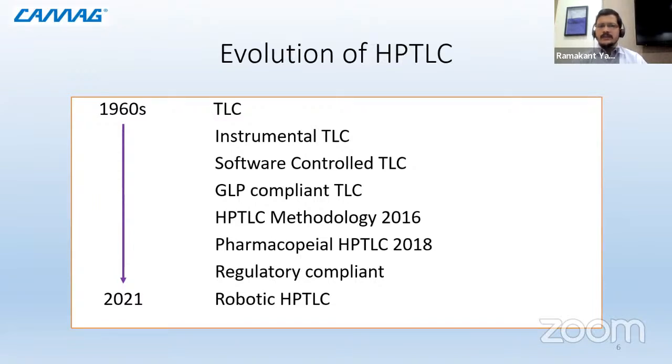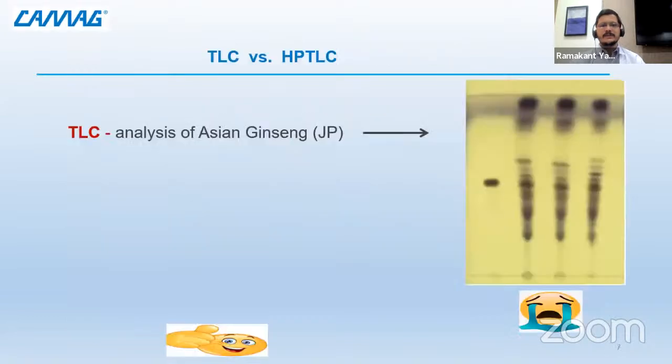The future of HPTLC is again very good, mostly in the hands of CAMAG, because CAMAG is the world leader in planar chromatography. CAMAG launched the HPTLC Pro system, a completely automatic and robotic system, in 2019, and all the modules of that system will be in the picture in the next 1-2 years. So completely robotic HPTLC is the future of HPTLC. In all these milestones, I can say CAMAG is a major part of this evolution of HPTLC systems.